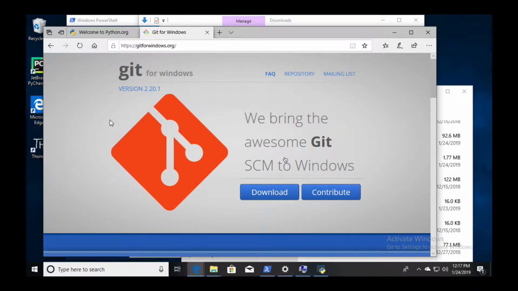Now we'll learn how to install Git. Git is a version control system which we're going to end up using. It's not important in the initial phase, but it'll be good to have. Git for Windows. So what we do is we go to gitforwindows.org